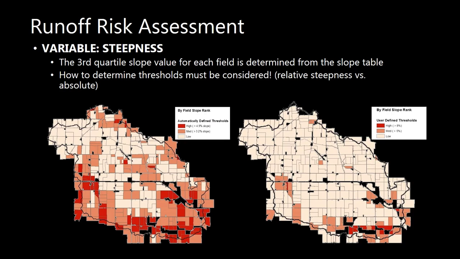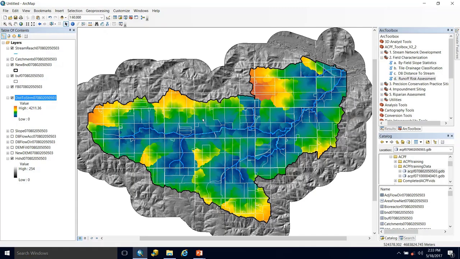We can see here that if we let the tool automatically break it down, slopes of just about 5% or greater were considered to be at high risk, where in reality that's probably not the case. So for the steepness variable, it may make more sense to actually define your high and medium threshold value. Alright, so we're back in our map document and we're getting ready to run the tool, but before I